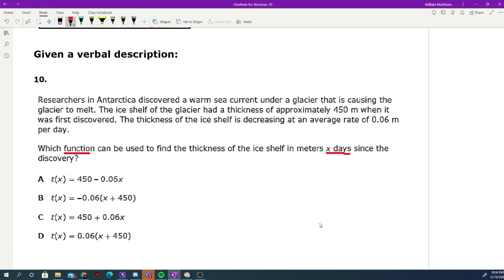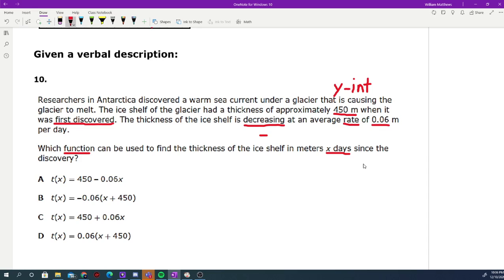So now this is understanding how the verbal description sets up with our key features. If we look back at our problem, it says 450 meters when it was first discovered. This is letting us know that that is our y-intercept. Whenever it's the start, the beginning, any term that refers to that, that is letting us know on a graph that would be the very beginning. Our x value is 0. It says that the ice shelf is decreasing. That means I'm going to subtract at an average rate. This is a part of our phrase rate of change